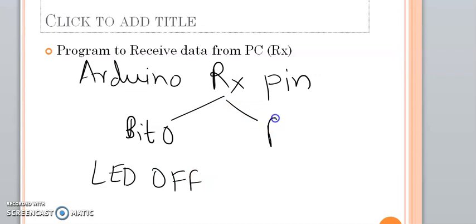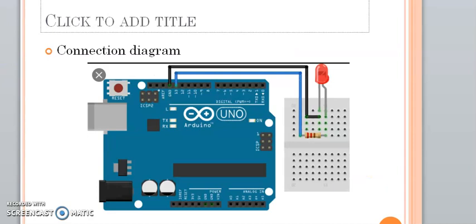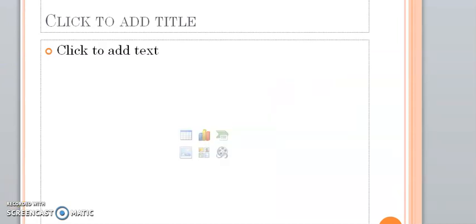And when it receives bit 1, the LED should be on. This we have to write in the Arduino IDE. So for that, let us define the procedure to do this task.